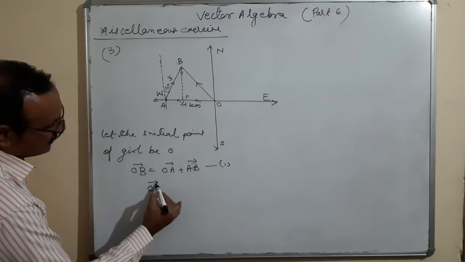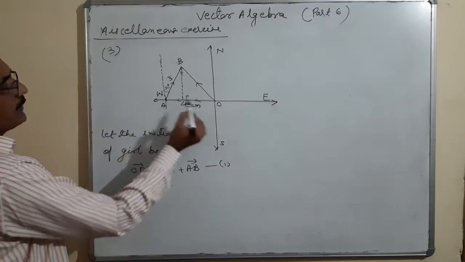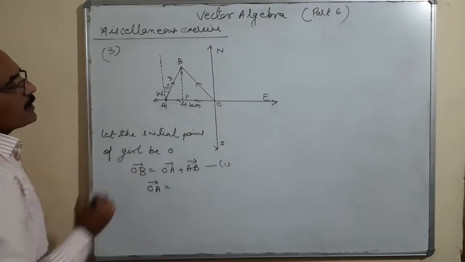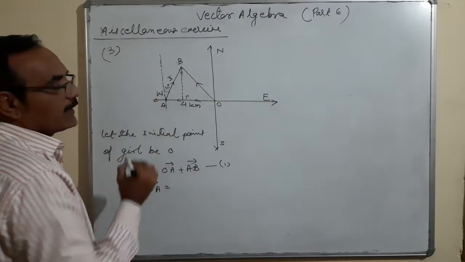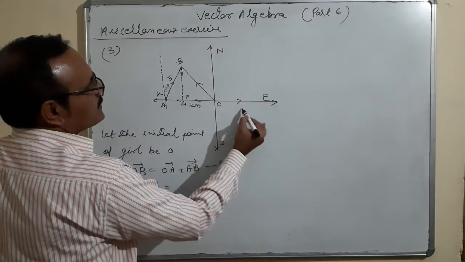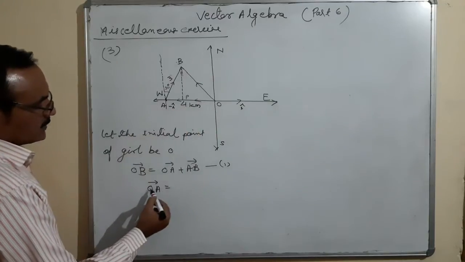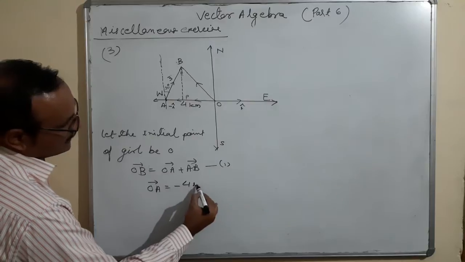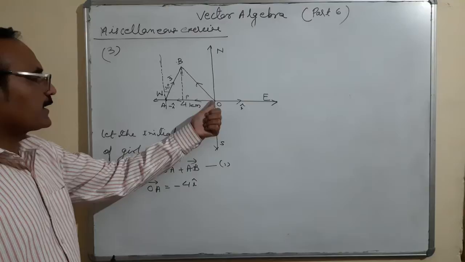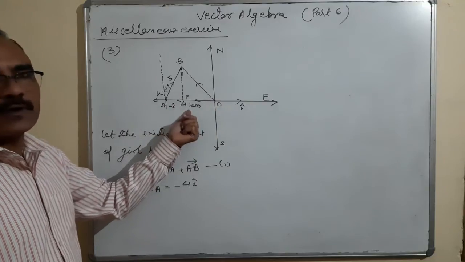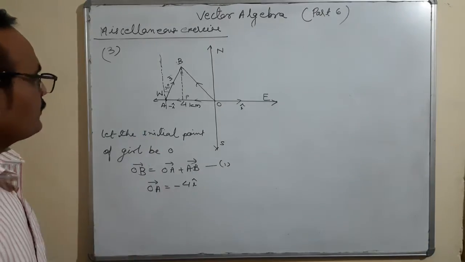Vector OA is equal to the position vector of A minus the position vector of origin. That means the position vector of A. She walked 4 kilometers to the left side of the x-axis, the negative side of the x-axis. Because it is i on that side, it is minus i. So OA is equal to minus 4i when we convert to vector form. So OA has magnitude 4 and direction negative i. Second, we are finding AB.